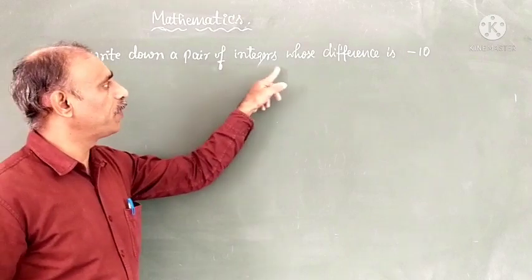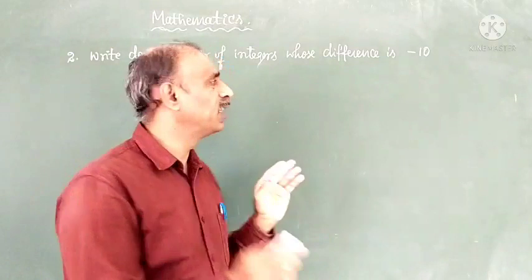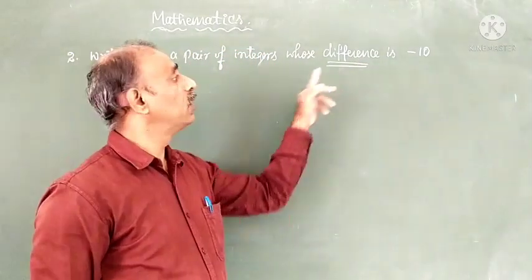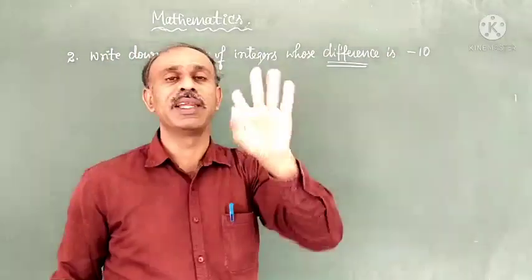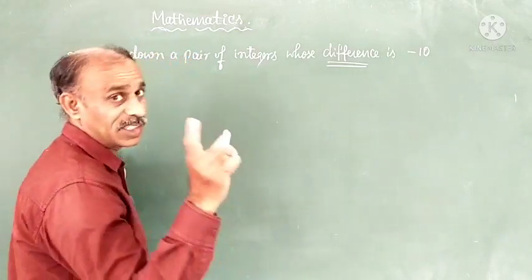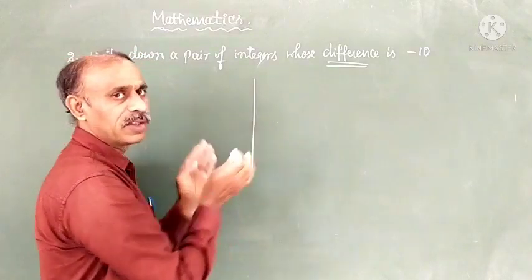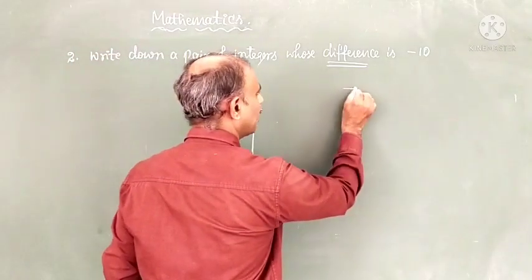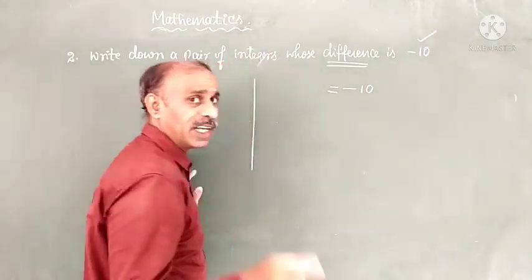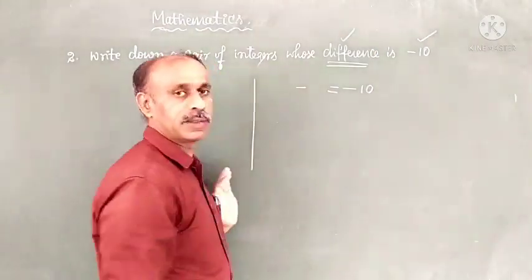Write down a pair of integers whose difference is minus 10. So in the previous sum, here they have given difference. Means when you are going to subtract, you should get minus 10. So then which pair of numbers are you going to use? Right? So the answer they have given, that is very important. Which side you want, you can work out and see. No problem. So minus 10 I need to get. Minus 10 is your answer. So when I need to subtract, I need to subtract.